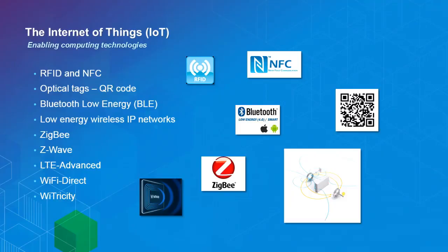So looking at the sensor technologies, I talked about RFID, and the other one that you probably know about is near field communication, or NFC. A typical application is when you put two smartphones next to each other, and then they start to exchange information. Optical text, like the QR code, is the one that you see on your badge today instead of RFID. So we can use a camera to read that pattern and get information out of it. The QR code can be generated dynamically too. It's not just a static one printed on your badge, but it could be on screen.